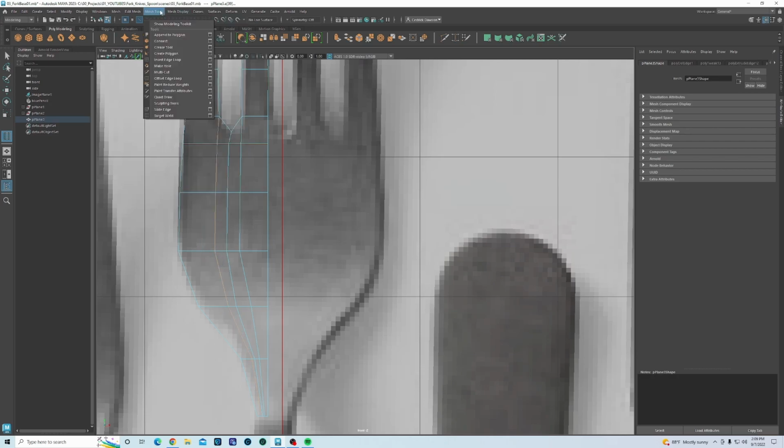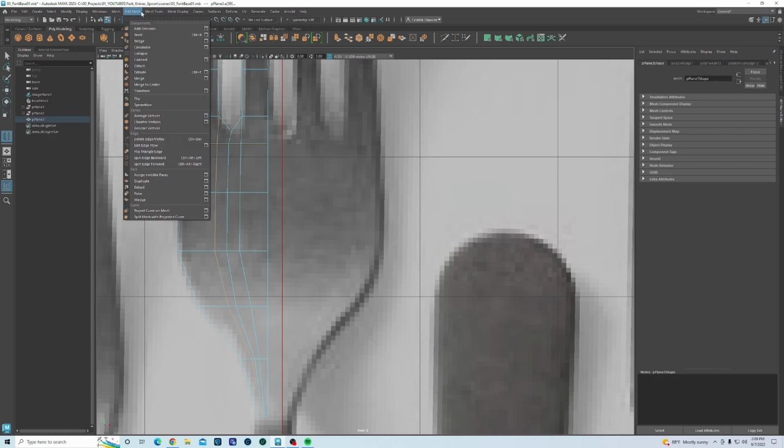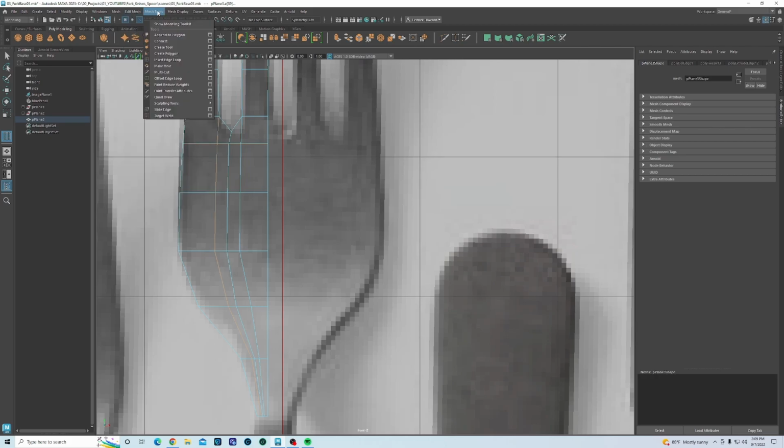My apologies. Let's see. It's not the Offset Edge Loop. It is